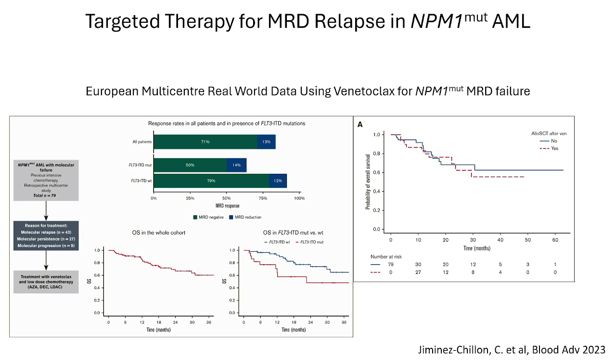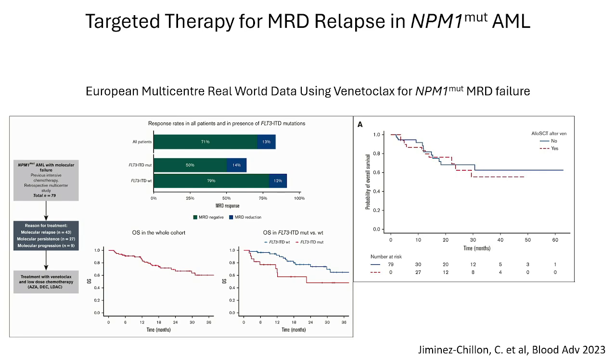This is now, unfortunately, all the other data in this setting are retrospective case series. So we performed this multi-center European study looking at patients with NPM1 MRD relapse who were treated with venetoclax and low-dose cytarabine or azacitidine combinations, specifically for patients with NPM1 MRD relapse. You can see that their response rate, overall MRD negativity, is 71%, but this is very different